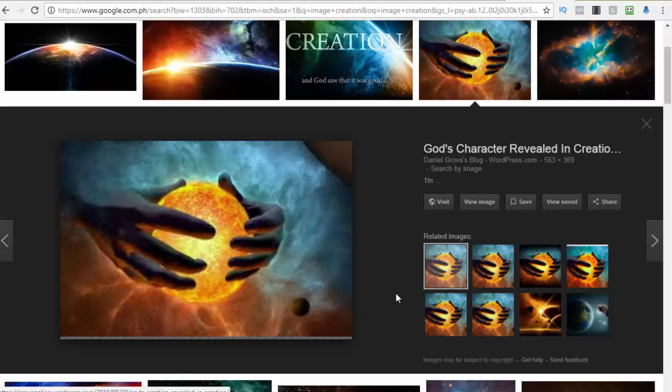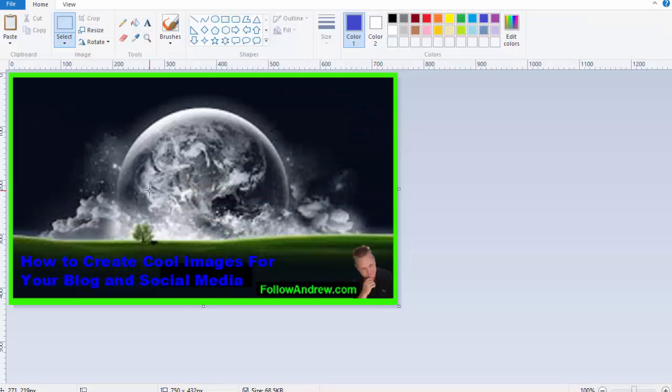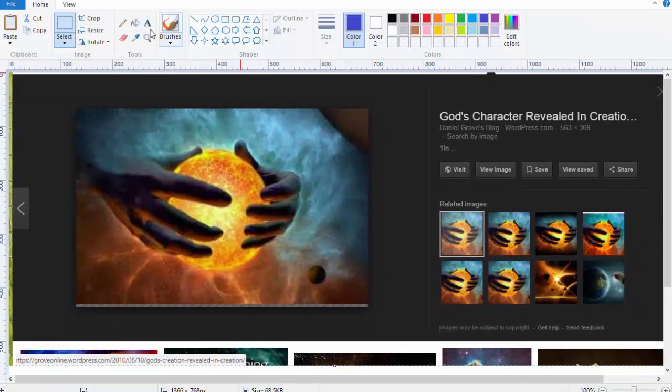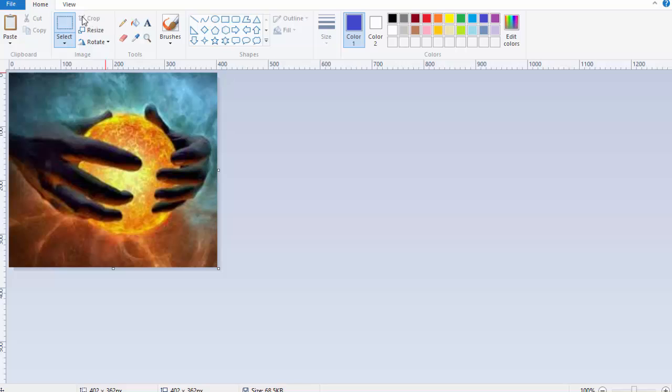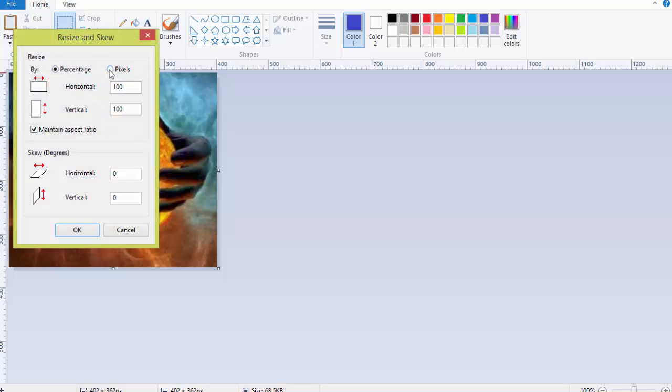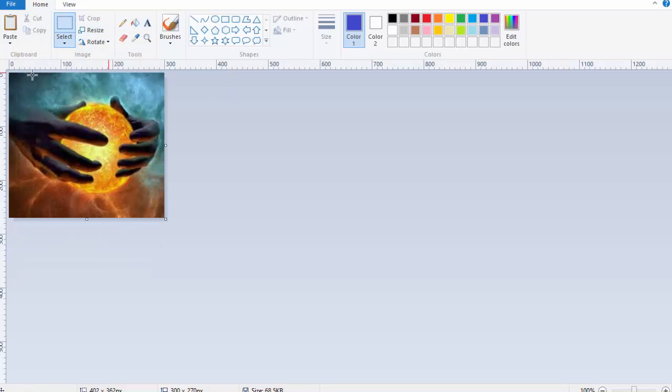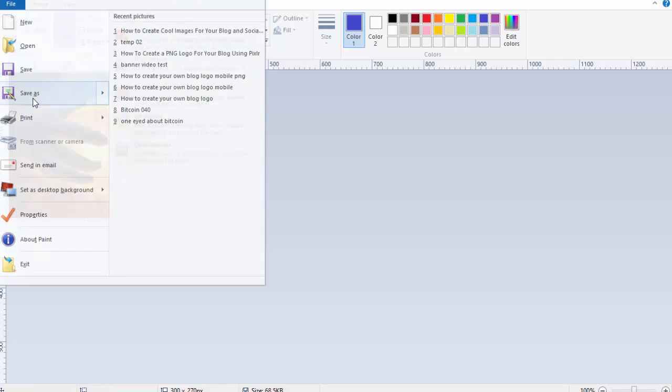In fact, what I might do is shift print screen, come over to Paint, drop it in there, okay, and we'll actually make it a little bit squarer, like that, and we'll go crop, resize, pixels, and it's big enough already, so we might just make it 300 by 270, which is that size. Perfect for the blog. File, save as,